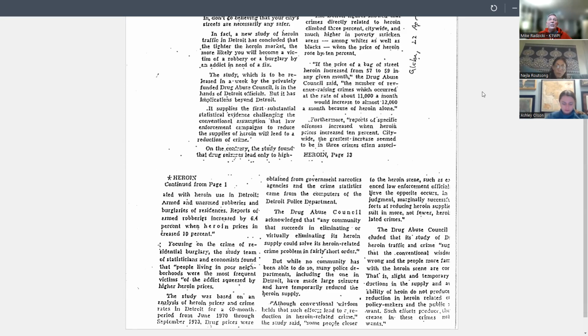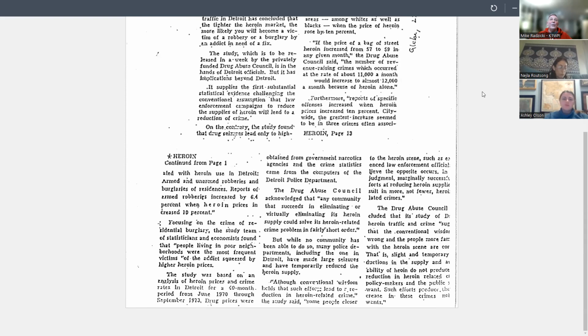Citywide, the greatest increase seemed to be in 3 crimes often associated with heroin use in Detroit: armed and unarmed robberies and burglaries of residents. Reports of armed robberies increased by 6.4% when heroin prices increased by 10%. Okay. Let's see. Focusing on the crime of residential burglary, the study team of statisticians and economists found that people